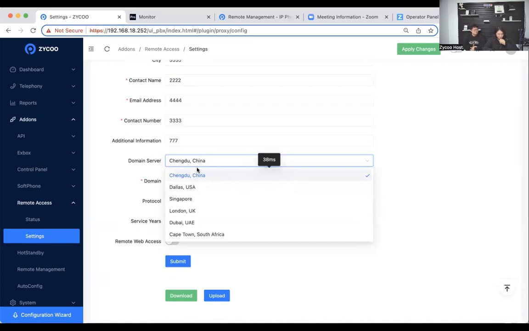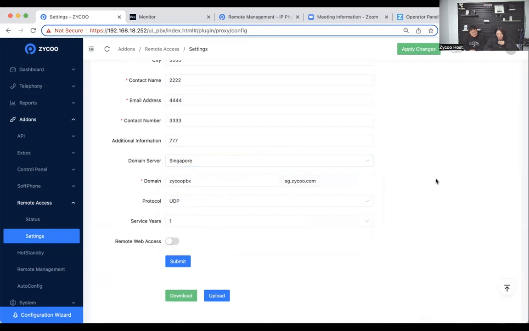For the international version, I believe there are 5 servers available. So you need to pick the one that is closest to your country, such as if you are in the Philippines or Malaysia, then you will be selecting the Singapore server, and then inputting your domain,